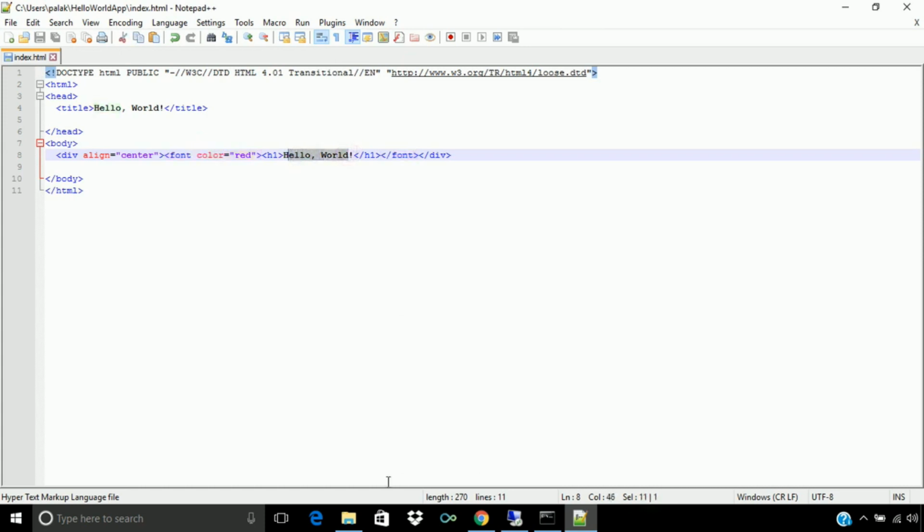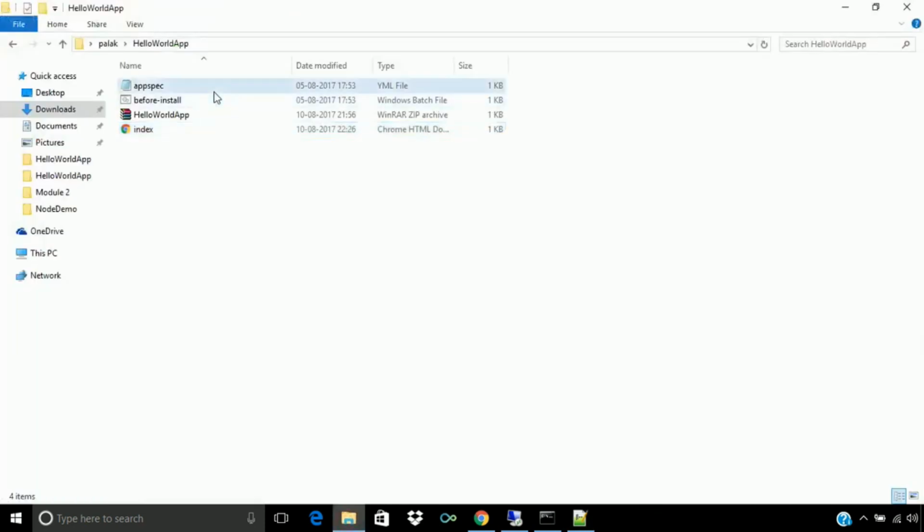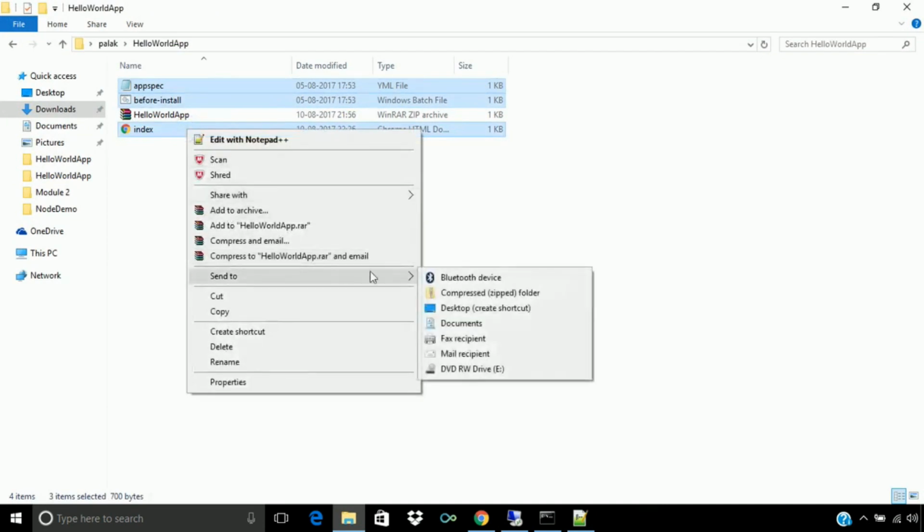Now let's save it first, and now let's create another zip file, and then let's upload it.